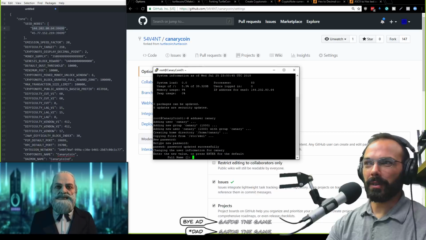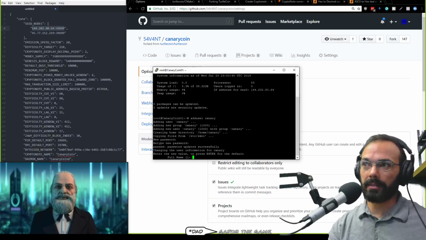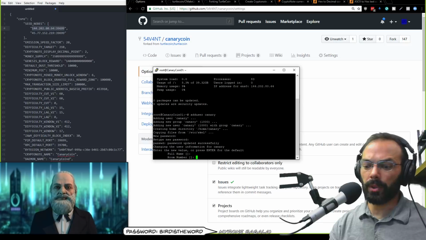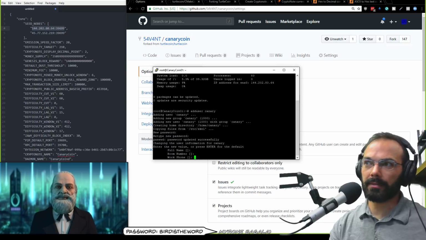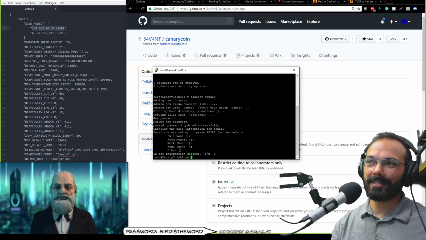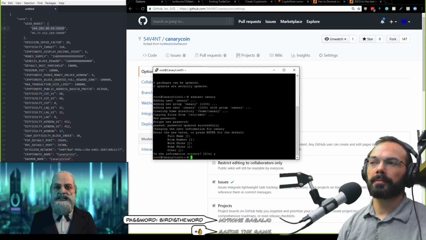So, new value to open. Should we call it Canary, right? If you want to. You don't have to actually put anything in there. You can just tap enter until you're done. Room number, enter. Enter, enter, enter. Yes, it's good. Okay, so now what we're going to do is user mod